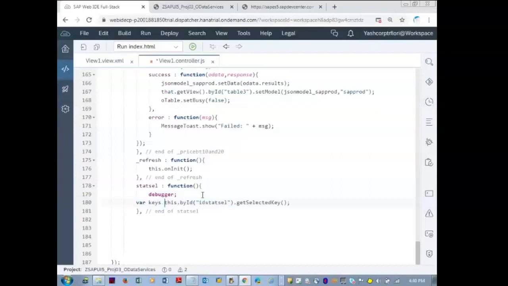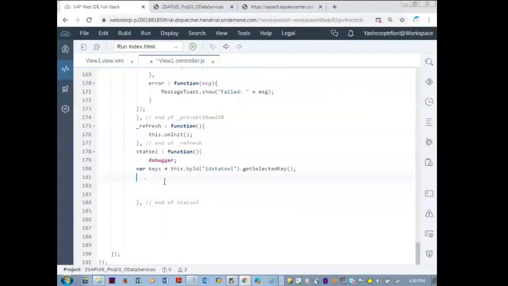Let us have a variable keys. It is returning the string type. If keys triple equals 1, since it started with 0, what should I do? If keys is equal to 1, there are 5 in total.